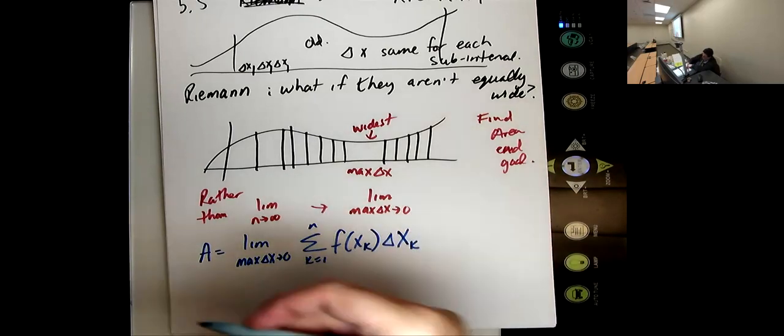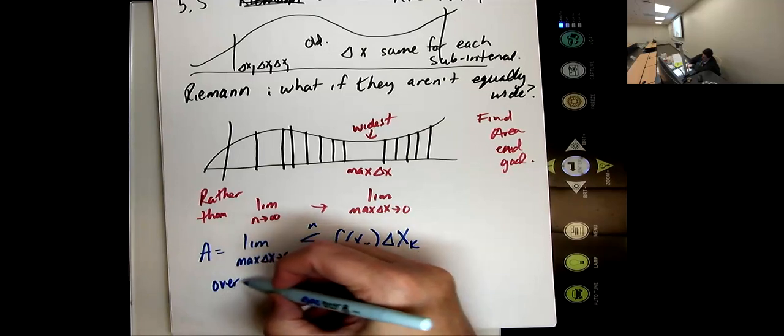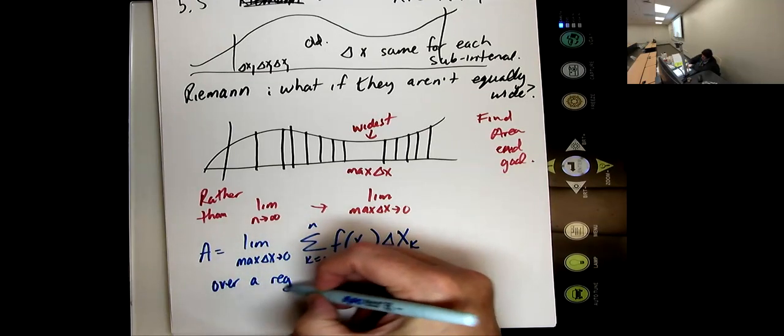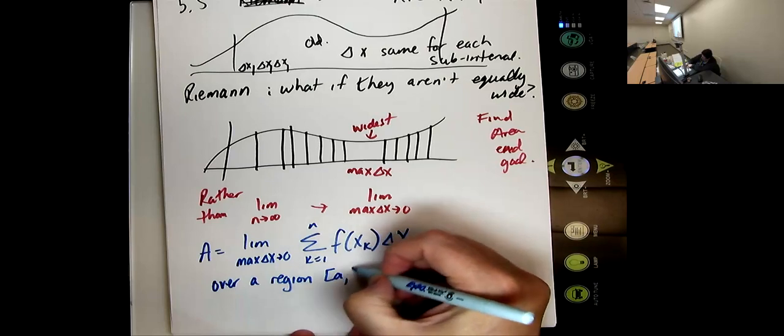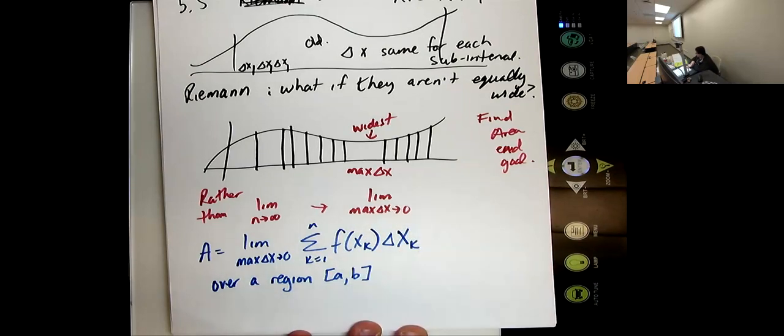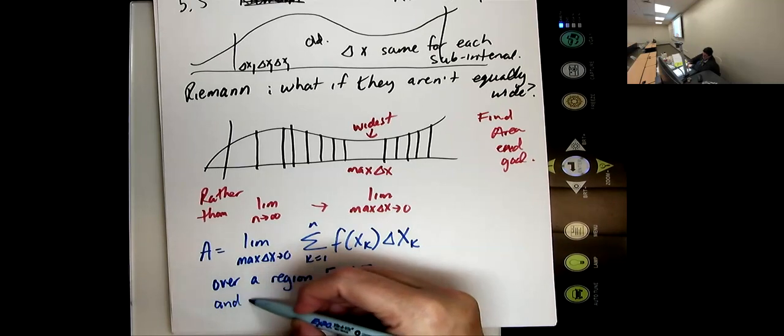And if it's over a region from A to B, and if f of x is continuous,